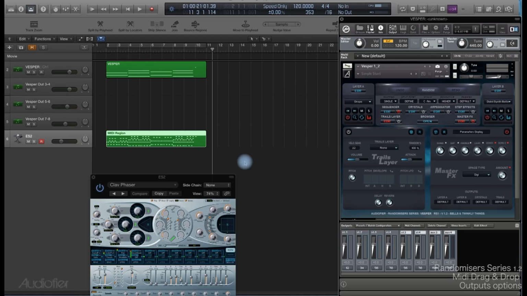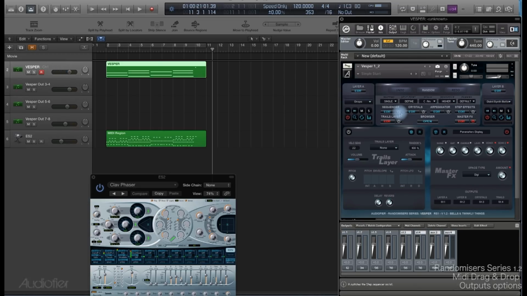Of course, each DAW will have different ways to achieve this. And I suggest you check out the user manual of your DAW and also Contact's user manual to understand how to set it up correctly. Coming back to VESPER, we can decide a different output for each of these 4 layers, let's call them like that. So I can put layer A on stereo 1, layer B on stereo 2, crystals on stereo 3, and trails on stereo 4. So now when I play,